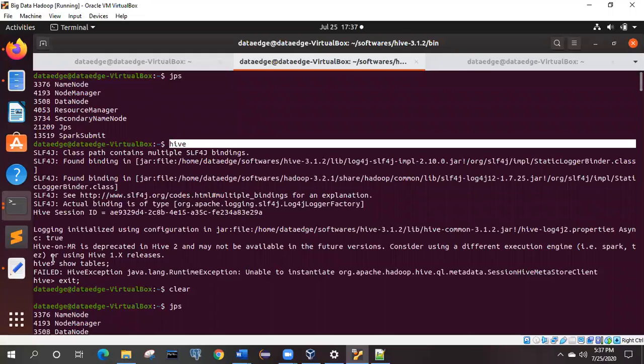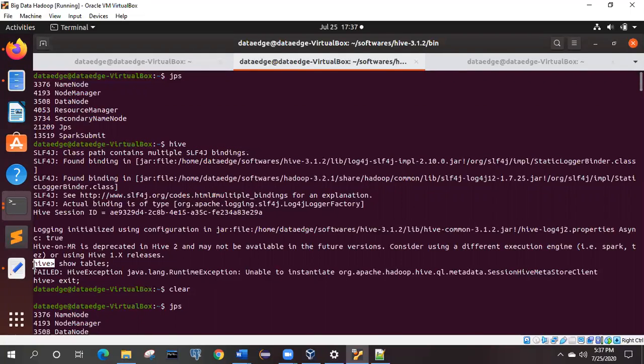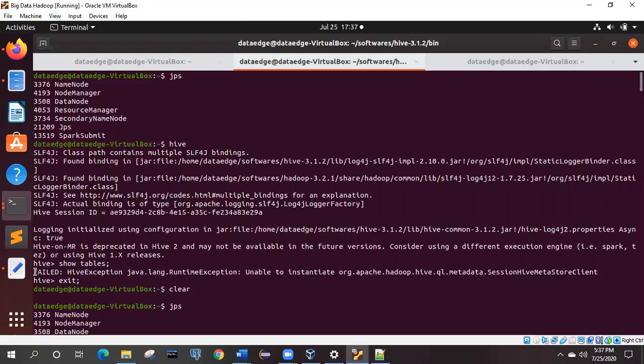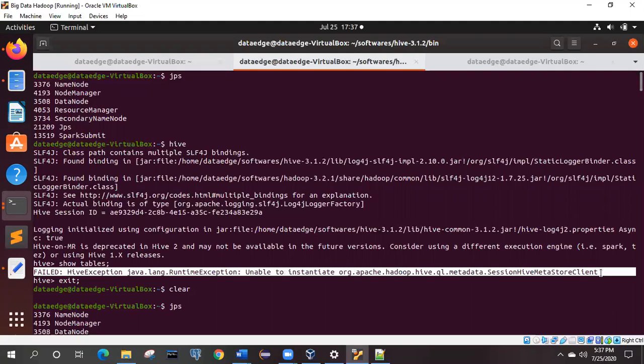As you can see here, you will get the Hive shell, but there is a chance that you get some kind of error when you execute show tables or show databases on this Hive shell. You will get a very common error like this one: failed, Hive exception, and this is due to the Hive metastore client.